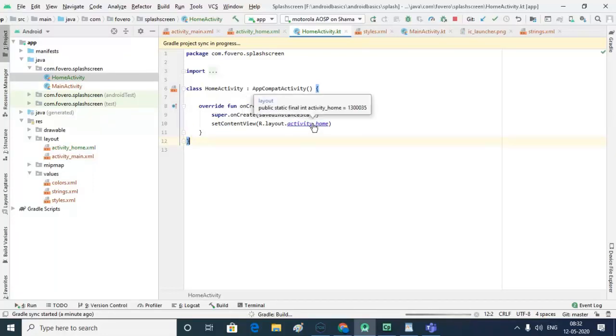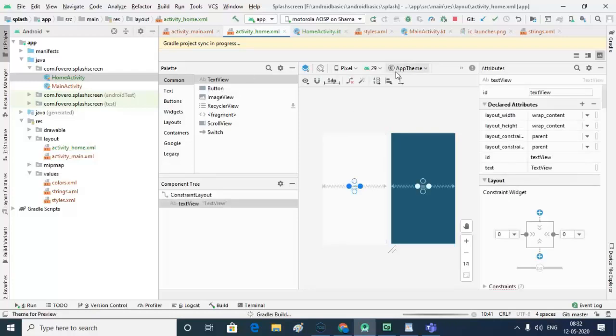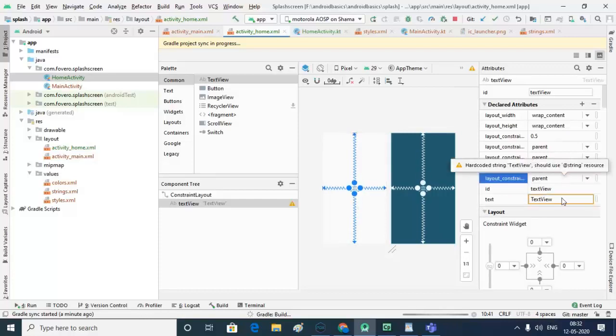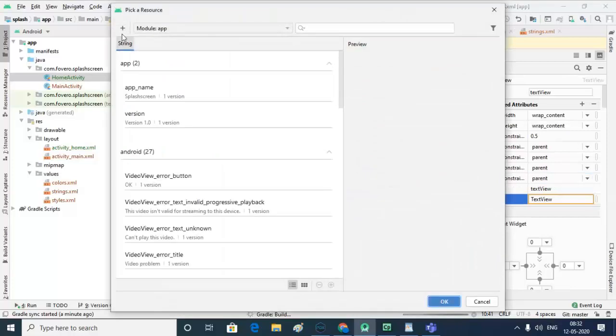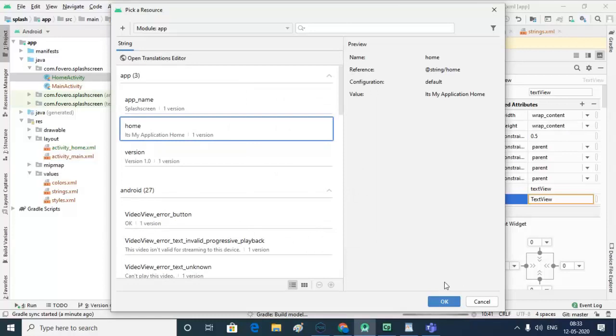So here let's drag a text view here and set the constraints of this text view so that it can be aligned horizontally and vertically in the given screen, and change this text to, let's say, second activity, or it's home, and it's my application home. Okay, finish this and okay.